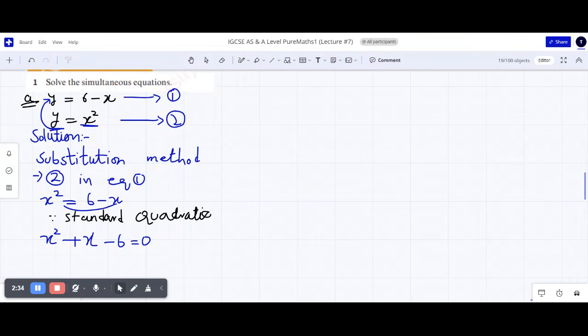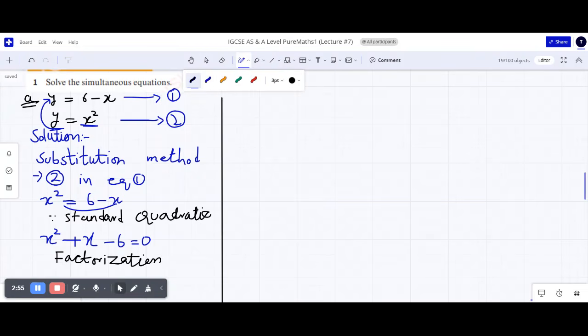Now we can solve the quadratic equation by using factorization or the quadratic formula. So here we are going to use factorization. Factorization would be like we have to multiply a with c. There is no coefficient, it would be 1. 6 times 1 is 6. So x squared we will keep the same. Then we have to find the factors of 6. As we know, 3 times 2 is 6, and 3 minus 2 would be 1, right?